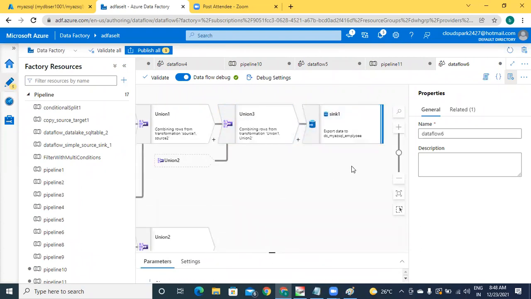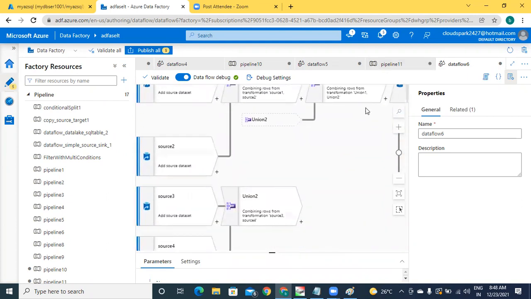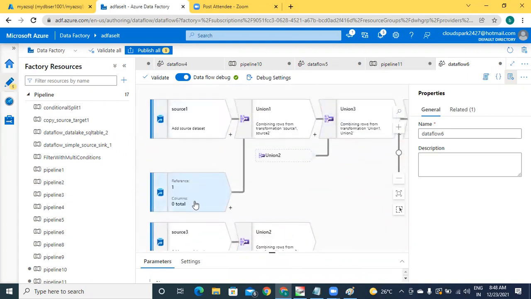Got it? Okay, think that each of your files has 100 rows. Source 1, source 2, source 3, source 4, each 100 rows. What is the result of union 1? 200. Result of union 2? 200. Result of union 3? 200 plus 200, 400 rows.